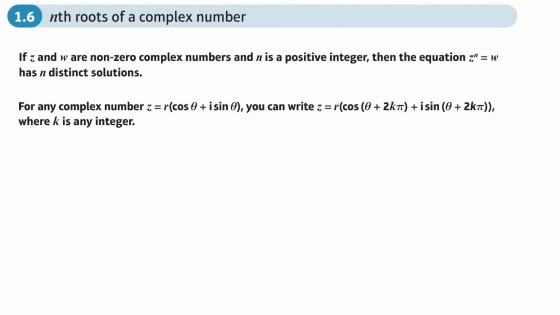So this is the sixth section, chapter 1, complex numbers in the Core Year 2 book, and we're going to be looking at finding the nth roots of a complex number. Just like normal numbers, where you can find the square root, the cube root, the fourth root of a number, we can do the same with complex numbers. So we can find the cube root, the square root, the fourth root, the fifth root, and there's a method we can use, and it relies on De Moivre's theorem,